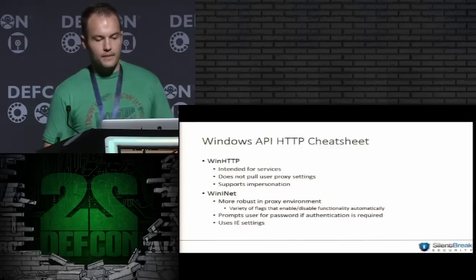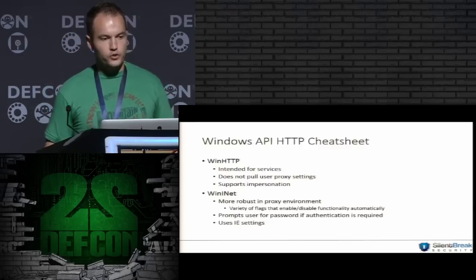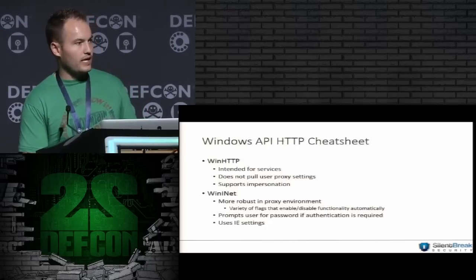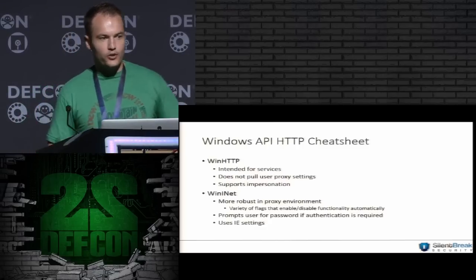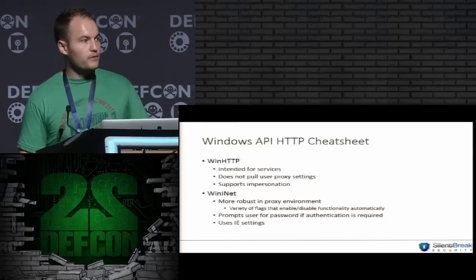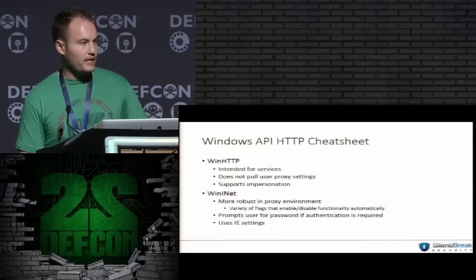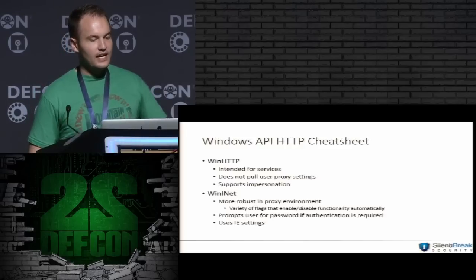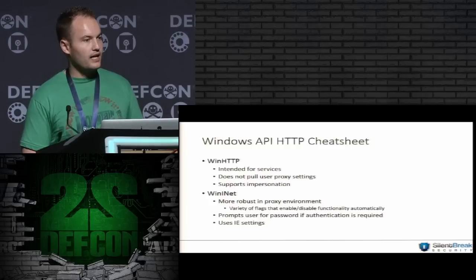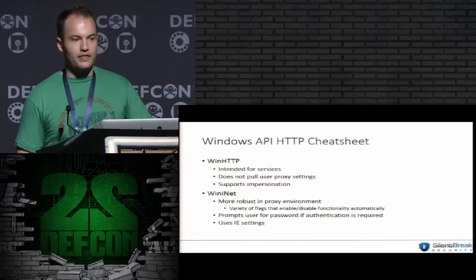Okay, so now let's talk a little bit more about Windows APIs. I guess as a super quick prep course to Throwback, we're going to distinguish between WinHTTP and WinINet. Those are the two main libraries within Windows that Windows provides you when you want to write a backdoor. So WinHTTP is intended primarily for services. WinINet, think user space. Okay, so WinINet will automatically pull user settings. It'll automatically do like NTLM authentication.